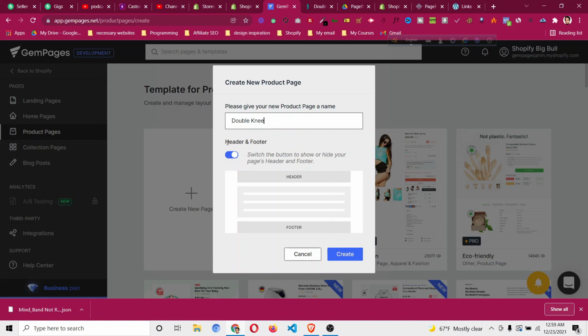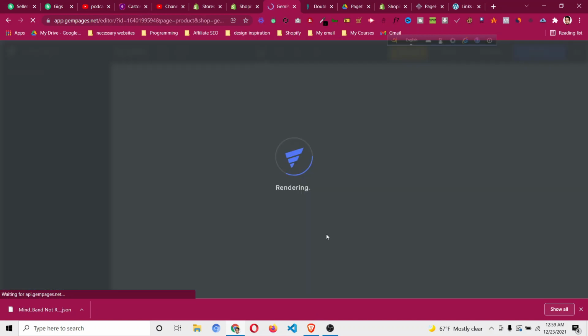Then you will find the option called header and footer. This means: do you want to enable the header and footer that your theme is providing? The header and footer are related to the theme. We cannot design the header and footer using GemPages. So this is a different topic. So just click create, then it will create the page for us and